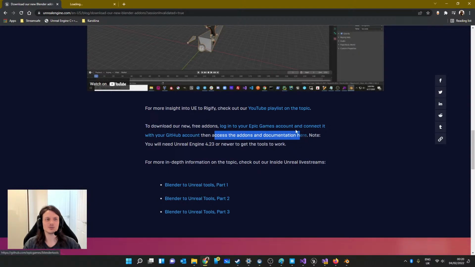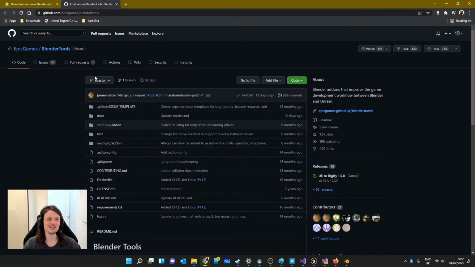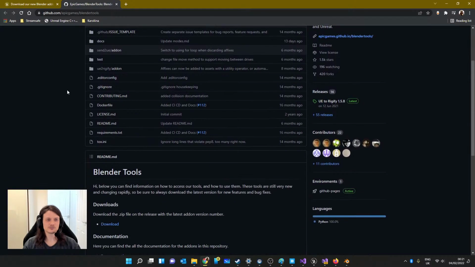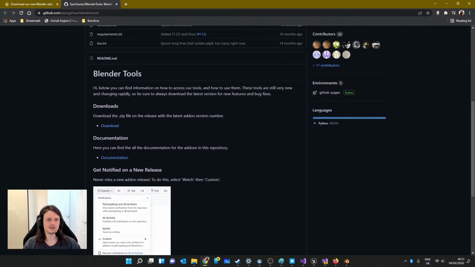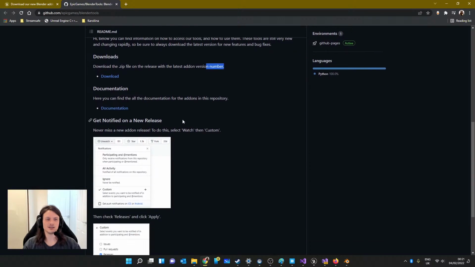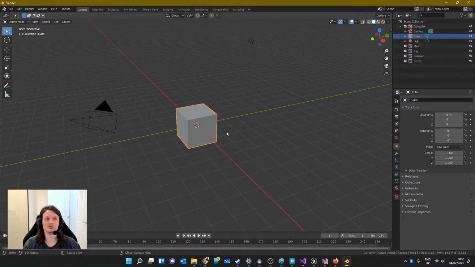So if I click on this one here, you could just read it, but essentially there it is. There's the Epic Games repository in GitHub, and then the Blender tools. If we go down here, download the zip on the release with the latest edition version number. Download that. Follow the documentation. Basically, it just tells you how to install that plugin, and essentially you'll end up with this pipeline